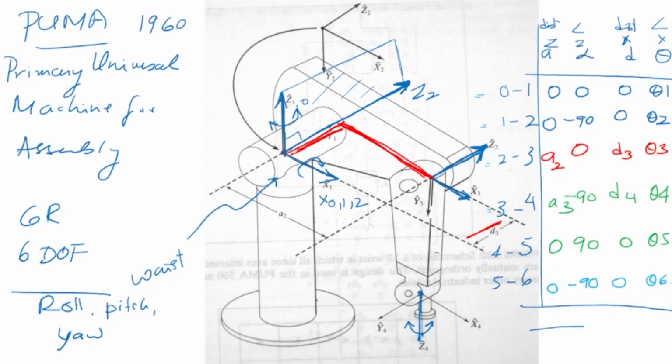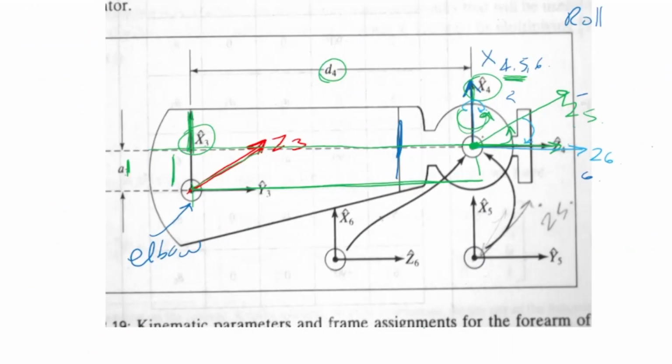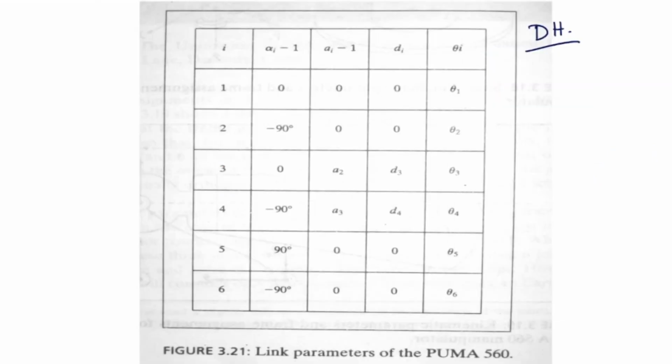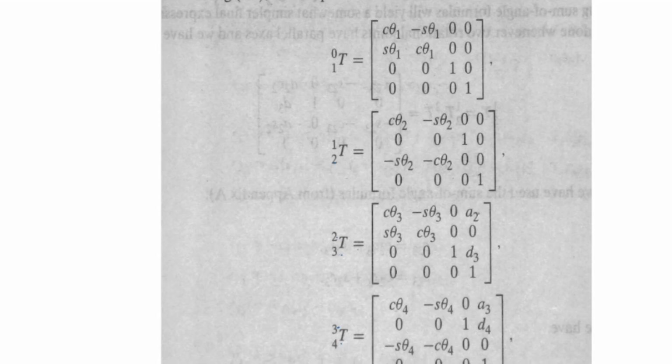And from the transformation matrices, we are going to multiply it out such that I get the position and orientation of the end effector, that is this one, with respect to the base frame. Okay. So that we'll do a little bit later, after we do our forward kinematics and our inverse kinematics. Okay. This is the diagram for the Puma manipulator. Now these are the various transformation matrices.